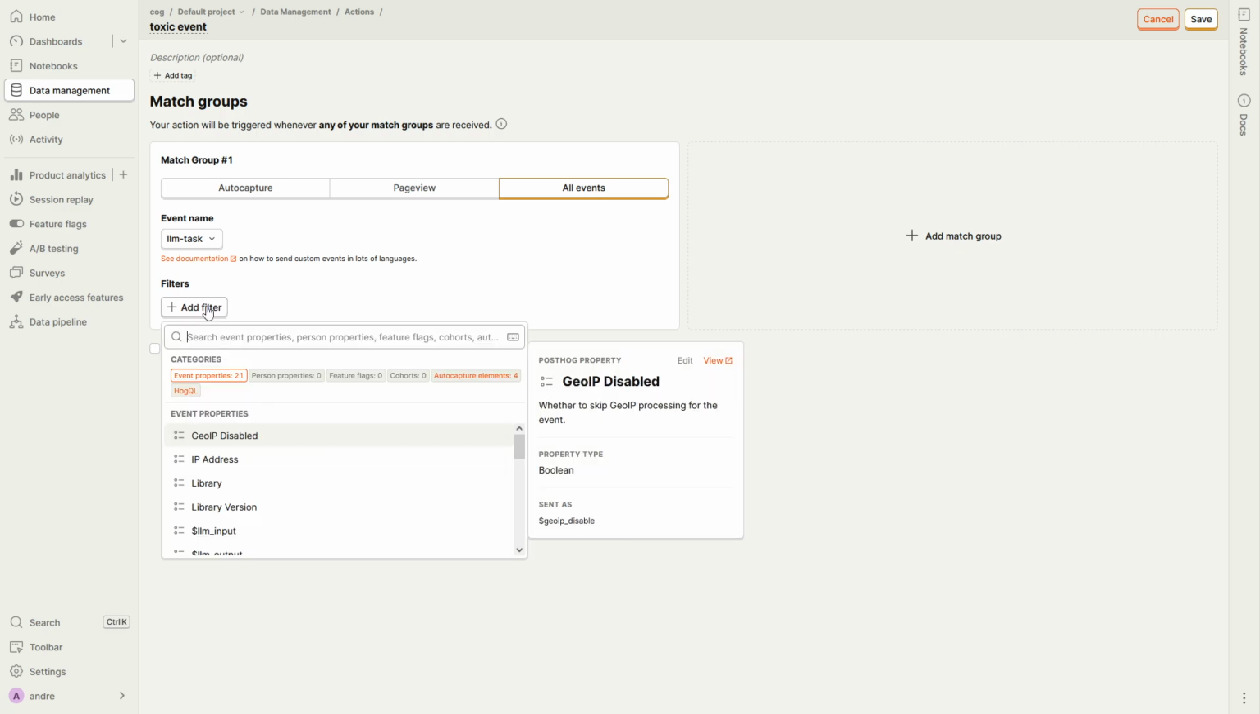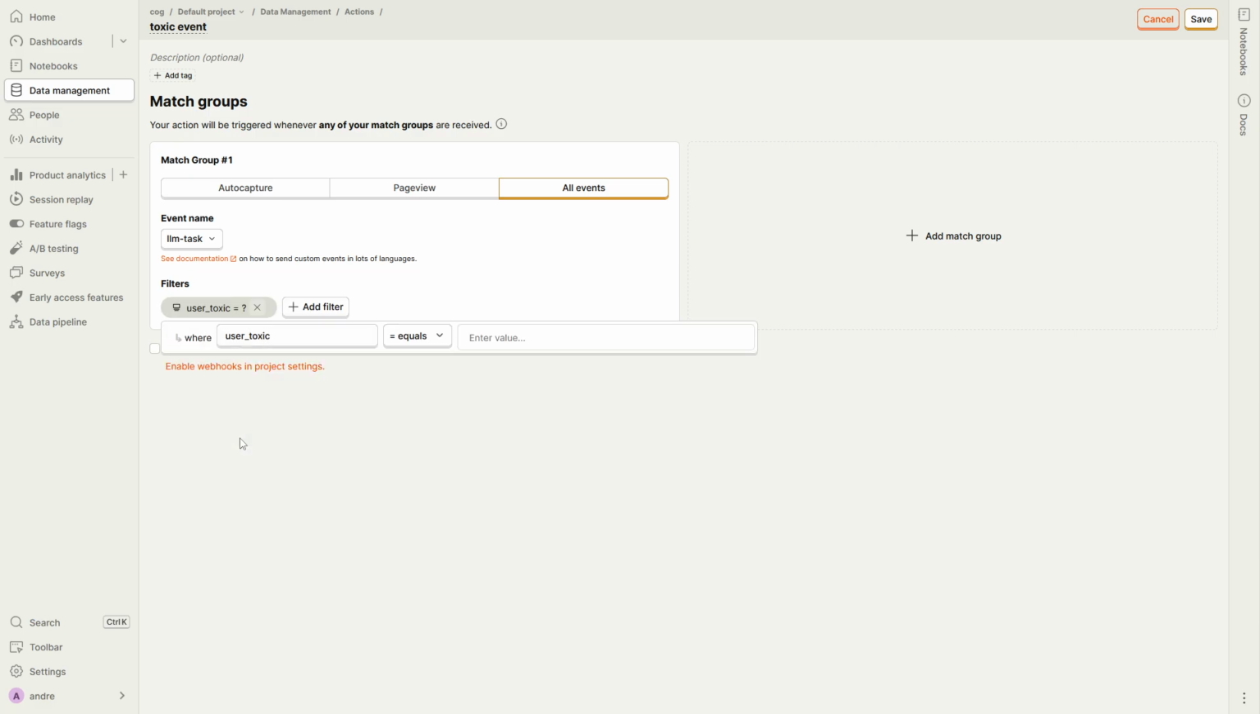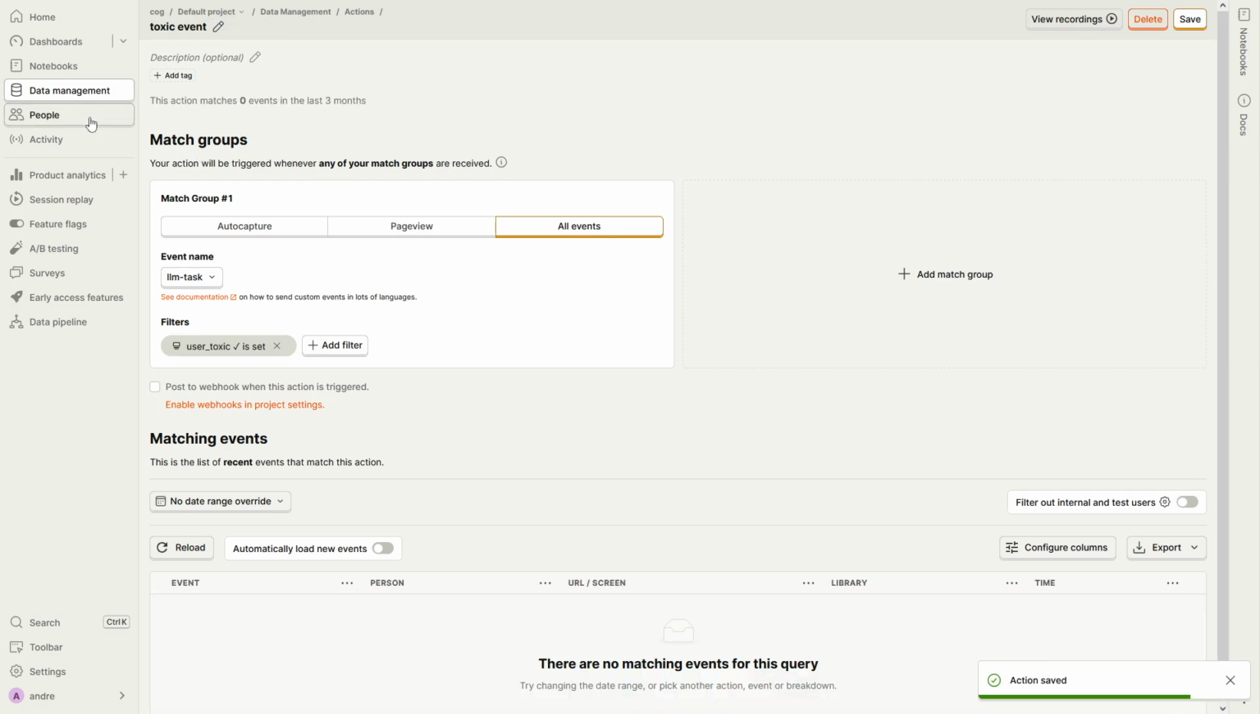And to identify the toxic events, I'll use a property called user toxic. Let's make sure this property exists. This property identifies when a user has been toxic for a given dialog. Let's hit save. Okay. And now I can go back to cohorts,